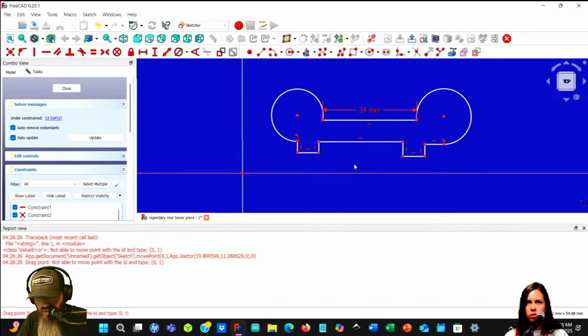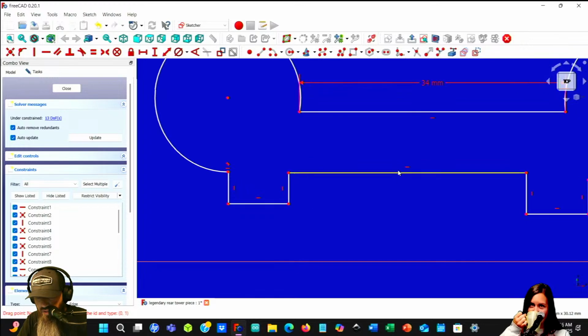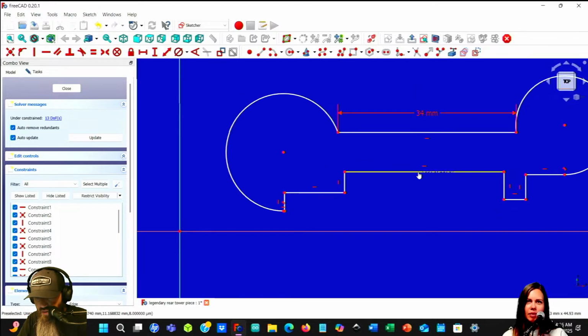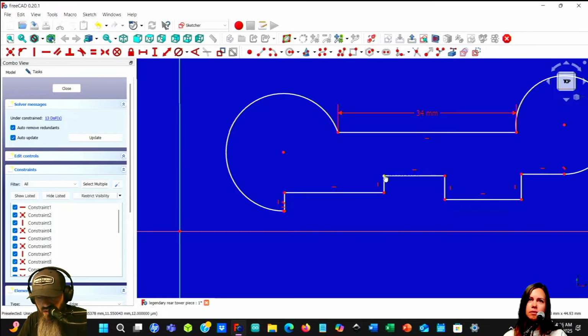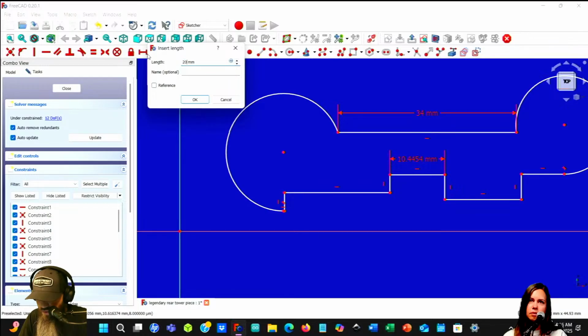So let's figure out how big this line should be here, which should be smaller. These should be in here more. So that length there is what? I don't think I defined that length either. That length there is 20 millimeters. So 20.